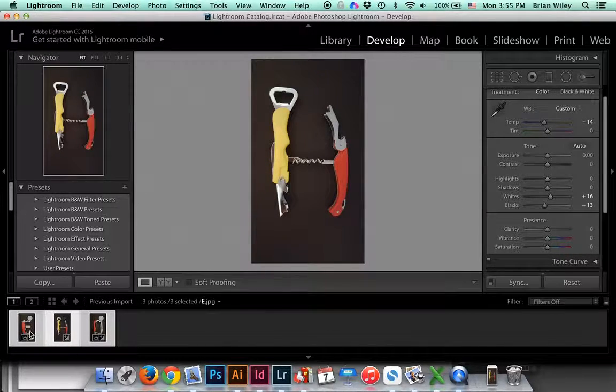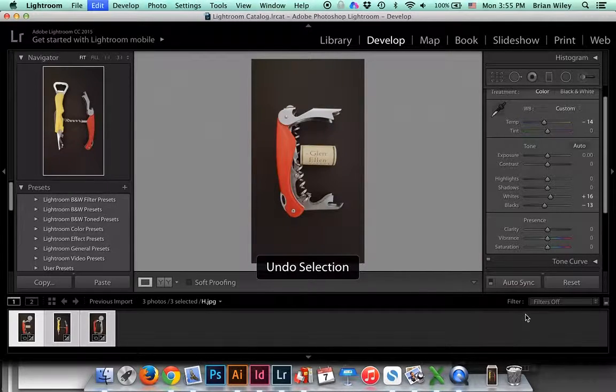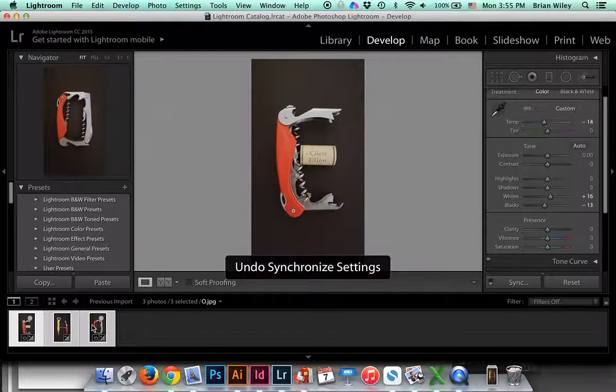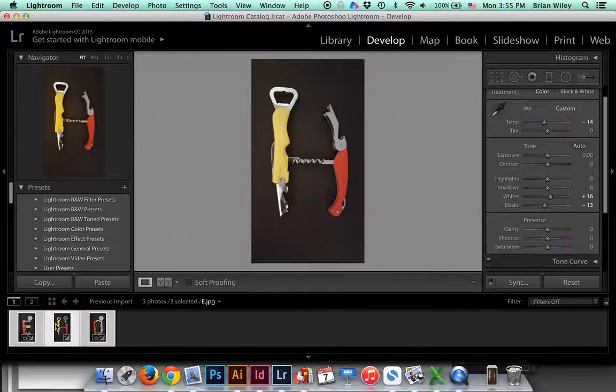Oops, sorry. That is one thing I forgot to mention. I'm going to undo the synchronize, so we'll go back to that. Now it's a little more warm. We basically want to make